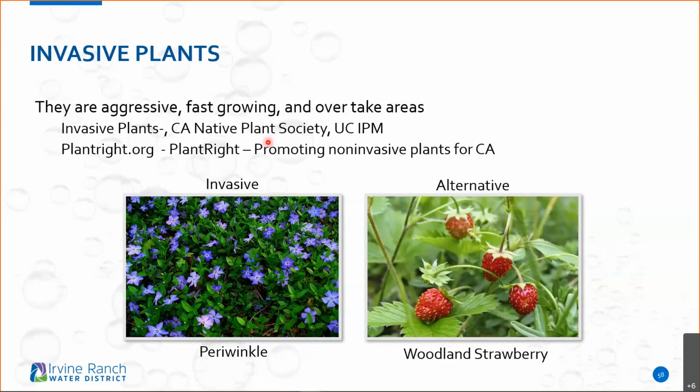Now, be careful when it comes to plants, with any kind of plant you have. I like mint, but even just regular simple mint can be invasive because it can get out of hand. Here's an example of a plant that was used quite a bit a long time ago, periwinkle. But why not consider using an alternative, woodland strawberry? This is actually our native woodland strawberry plant that can be a great ground cover plant.